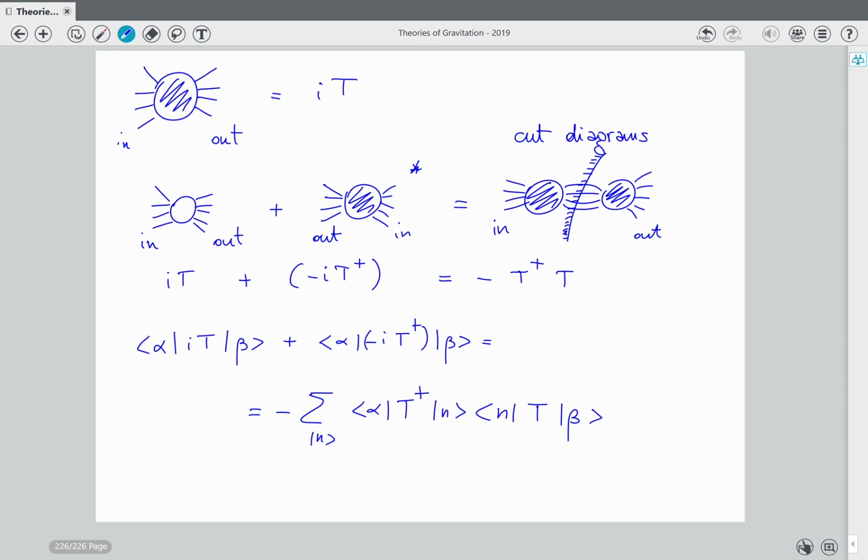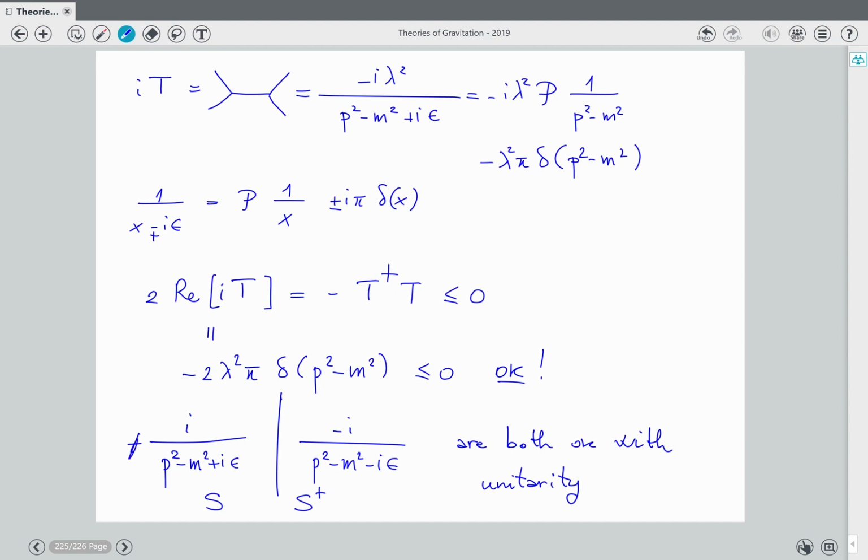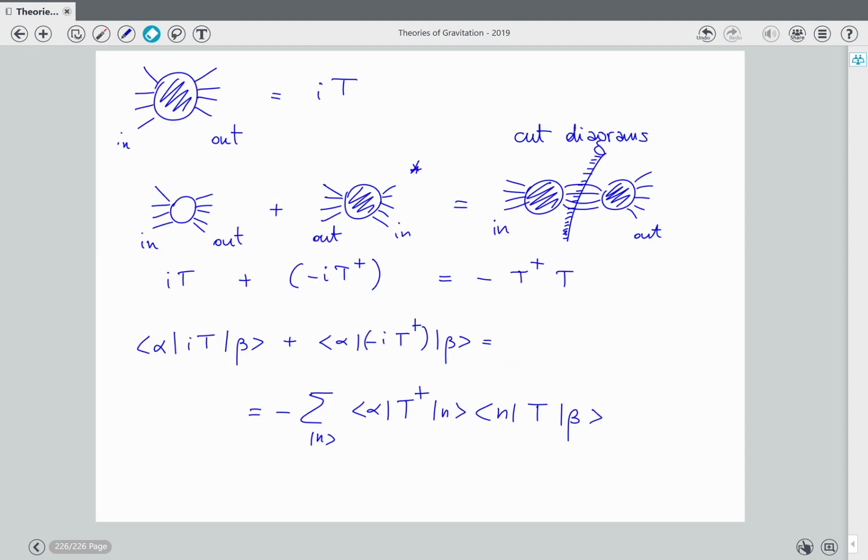But it's necessary in gravity to have things with the wrong sign in front. And then a projection will have to be worked out, and that will be the non-trivial part. So let's see